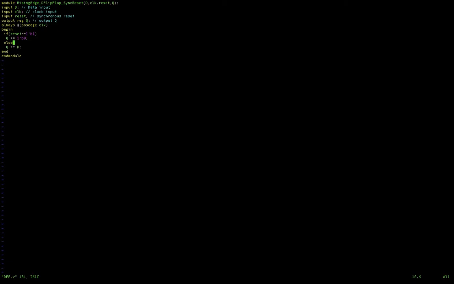If we are not resetting the flip-flop, then at any positive edge of the clock, whatever value we have applied to port D will be transmitted to the pin Q and also stored in the register associated with the pin Q. This is possible because of the non-blocking assignment operation.